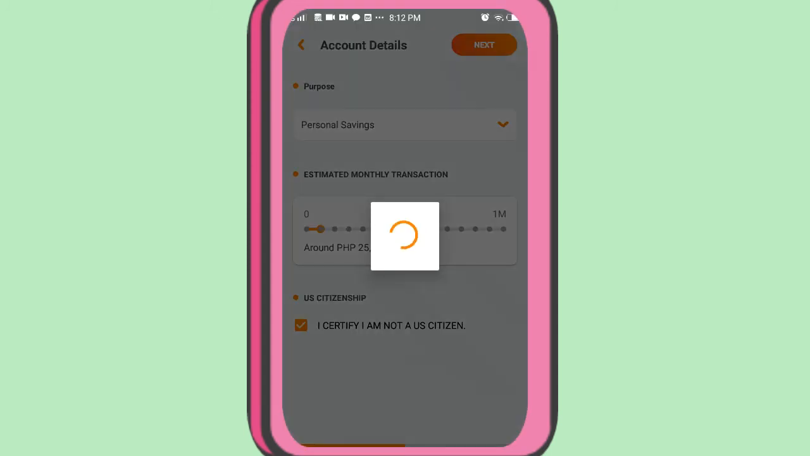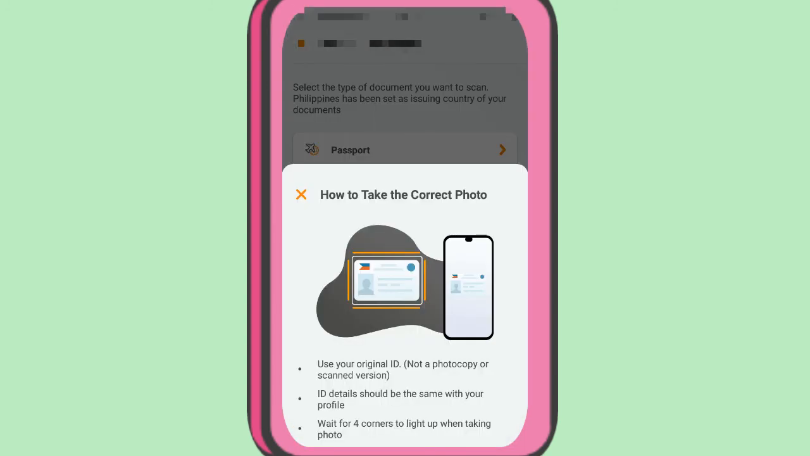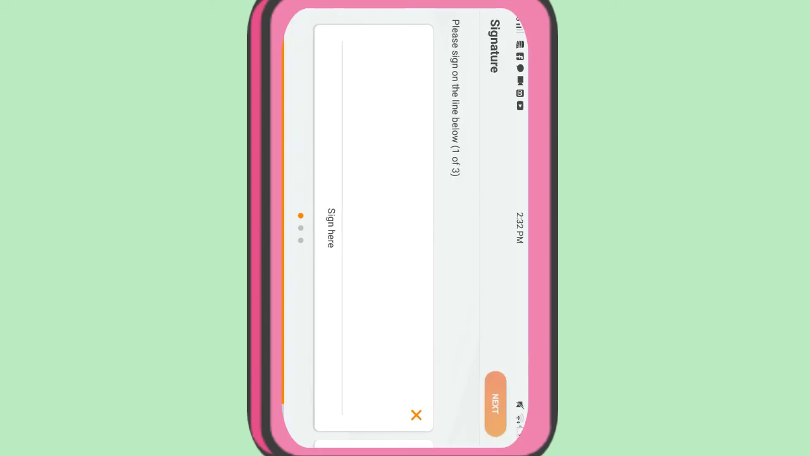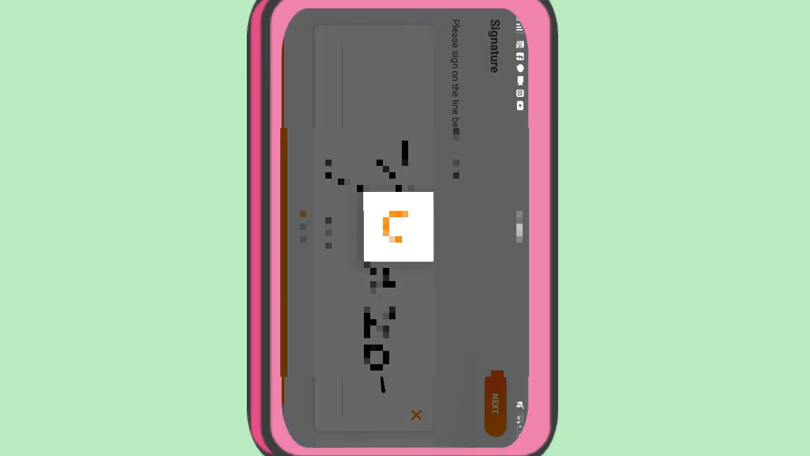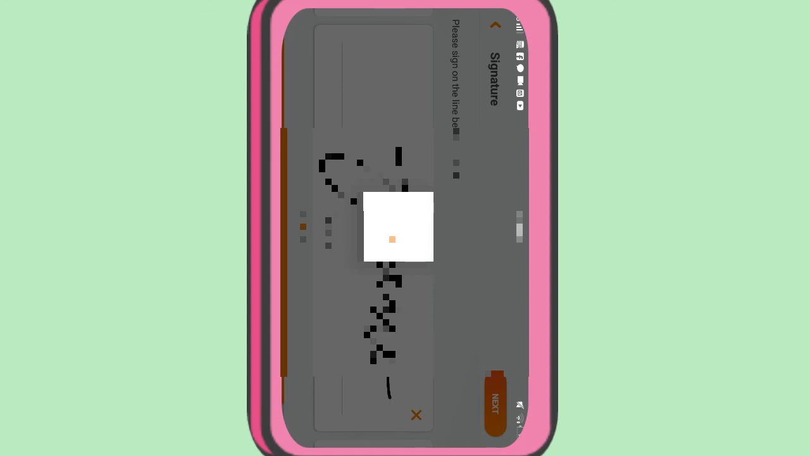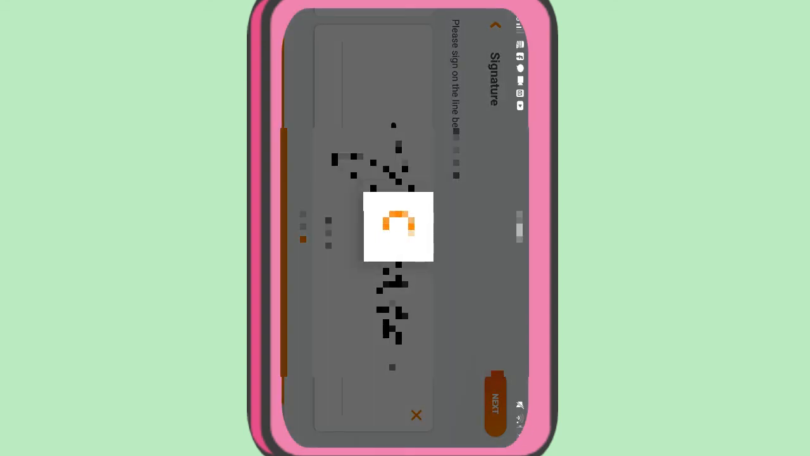So ito na. After nun, so guys, kung ano yung ID na meron ka, so yun na i-click mo. Sa akin, passport, so i-click mo passport, and then after that, kukunan ka nila ng picture. And then ito na, kailangan mong pirmahan. 3 beses kang pipirma dito, guys. Next, pagkatapos mong 3 pirma, next mo lang,